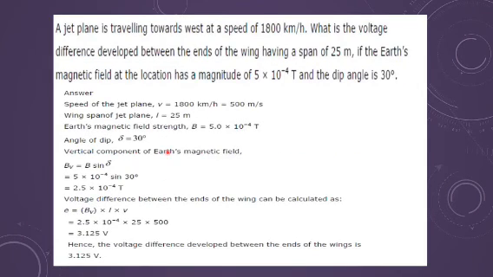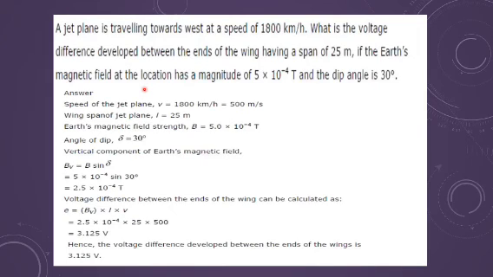Similar to this, one more question is there with you. A jet plane is traveling towards west at a speed of 1800 km per hour. So the direction is given for the motion of the jet plane. What is the voltage difference developed between the ends of the wing having a span of 25 meters? So the wingspan is given, so the length which is moving through the field is given. Earth's magnetic field, and of course I think you all know this thing, that the cause of the earth's magnetic field is